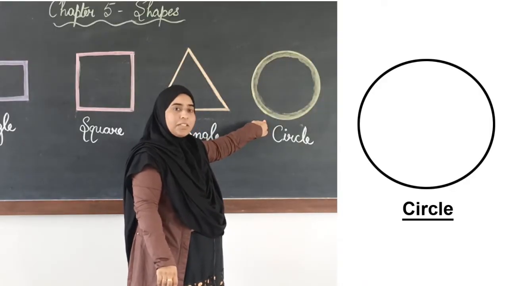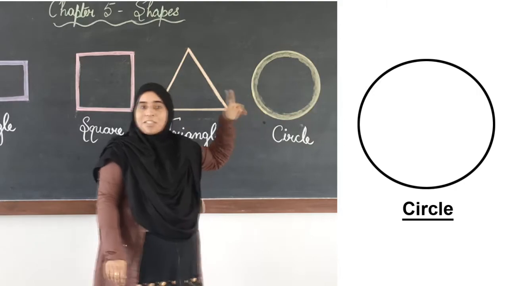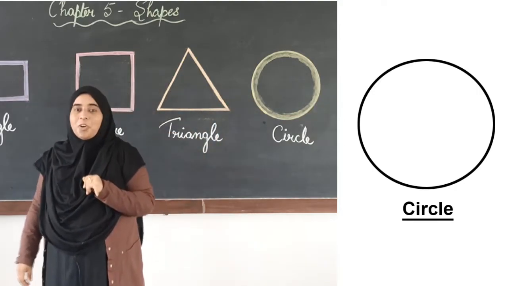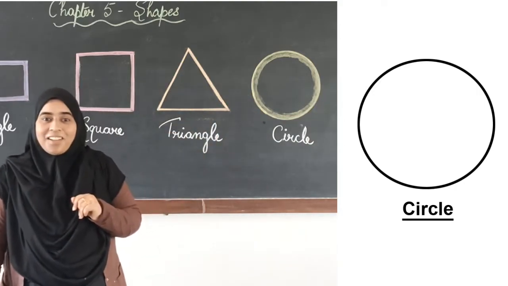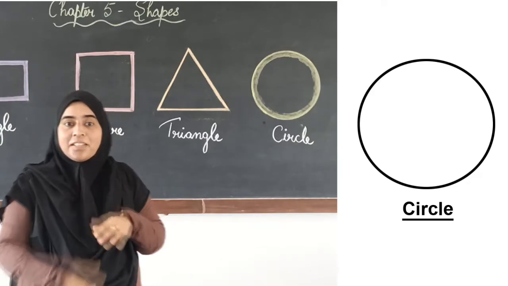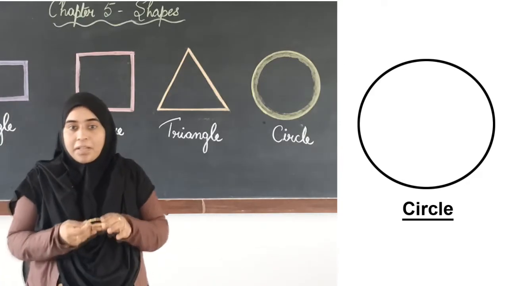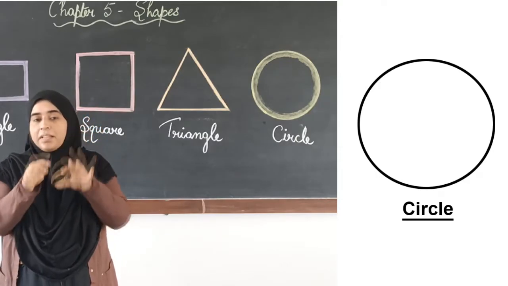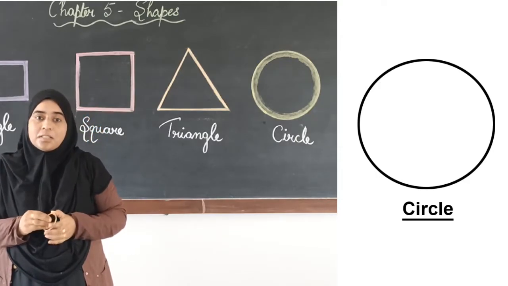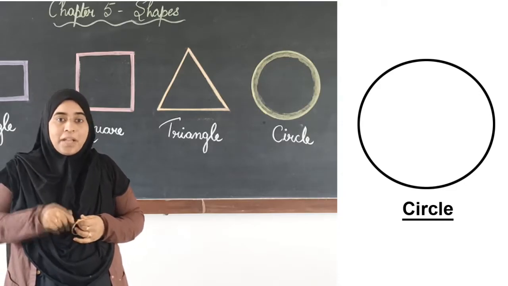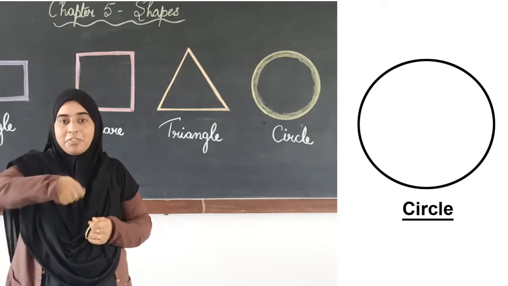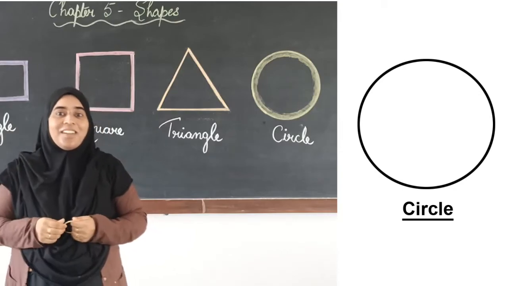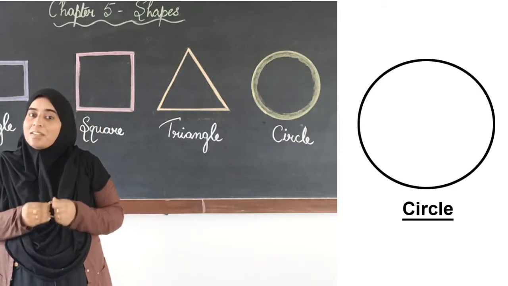Circle. Have you seen a circle? Girls especially must have seen, right? Do you all like to wear bangles? Your bangle or your finger ring, they are all circle shape, right? See, I have a bangle over here. It is circle shape. Any other example that you can give for a circle? Do you all like to play with the ring? Have you seen a ring which you can throw and catch? It is an example for a circle.